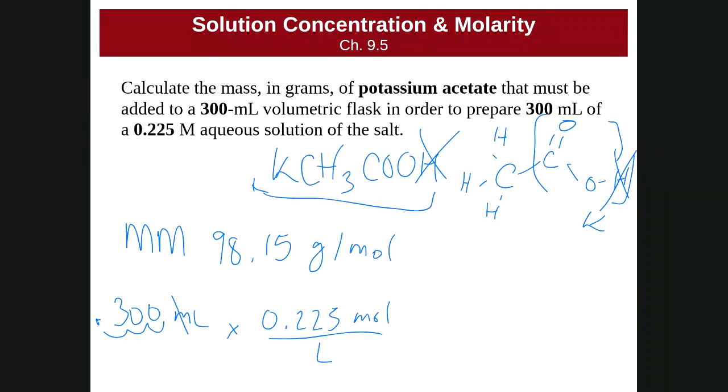Means we need 0.0675 moles of potassium acetate,